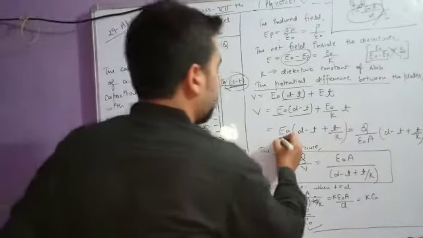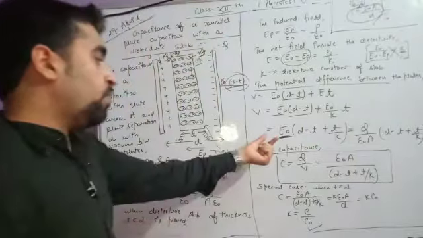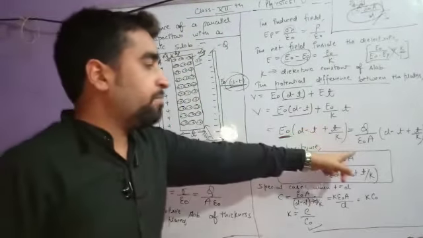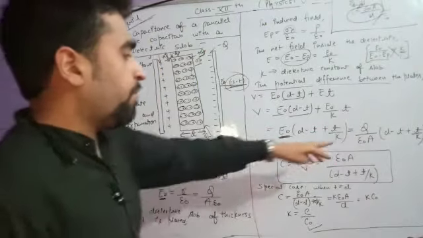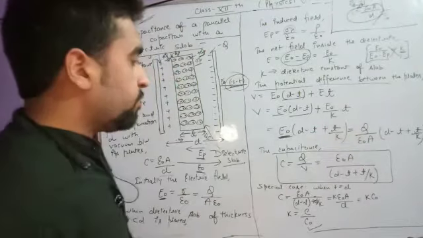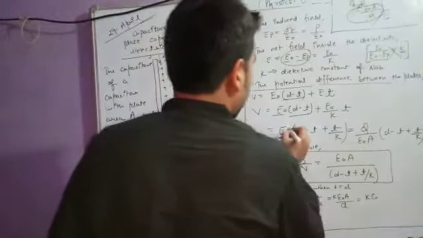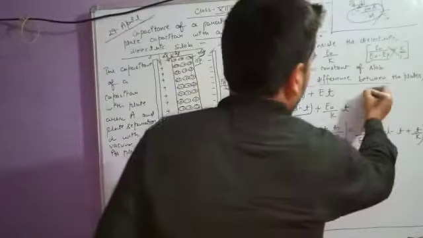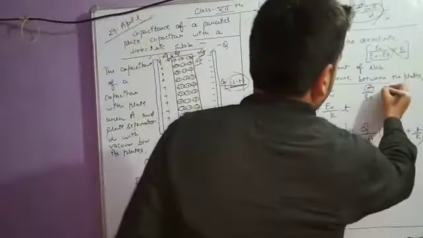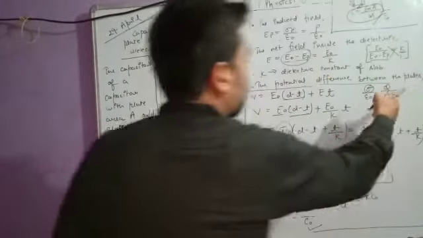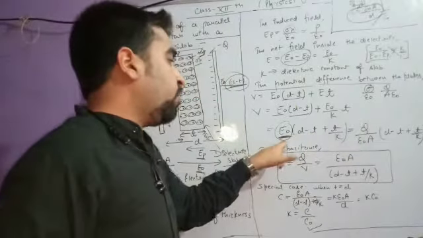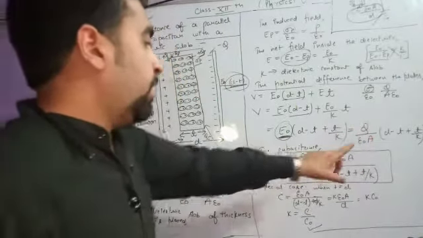Now students, what is the value of E naught? We already know that the electric field for a capacitor will be Q upon epsilon naught A. This formula we have studied; if you are confused, you already have studied it. The value of E is equal to sigma upon epsilon naught, where sigma is the charge density. When you substitute the value Q upon A, you will get Q upon A epsilon naught. So in place of this E naught, we are writing Q upon epsilon naught A, into D minus T plus